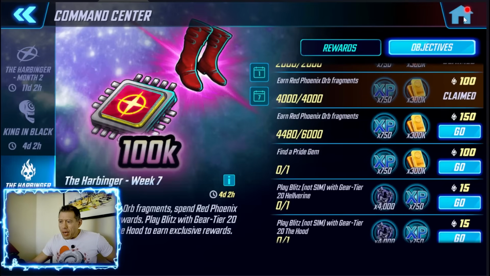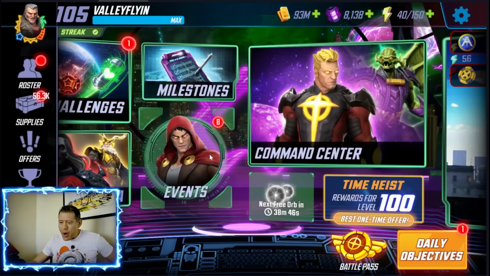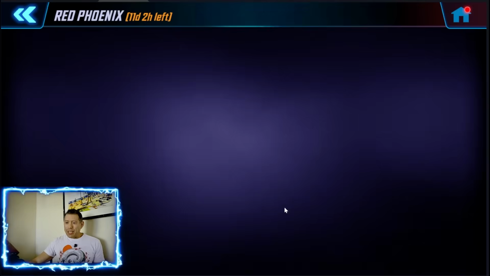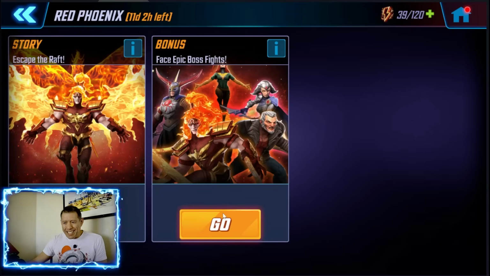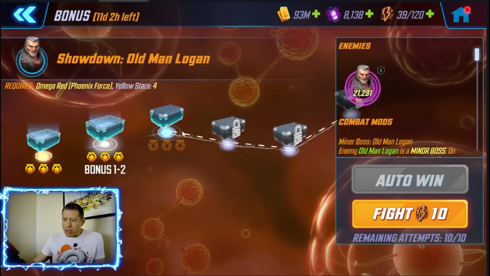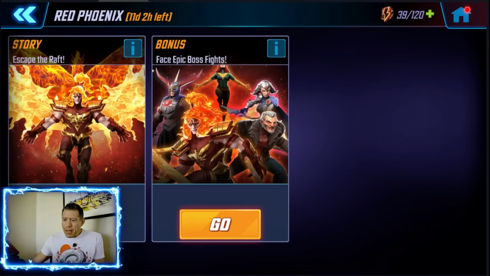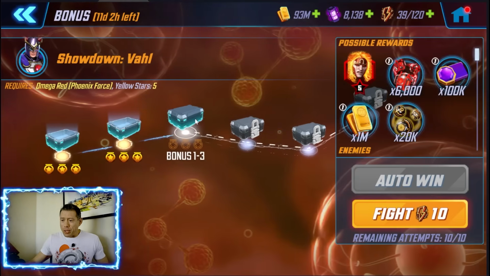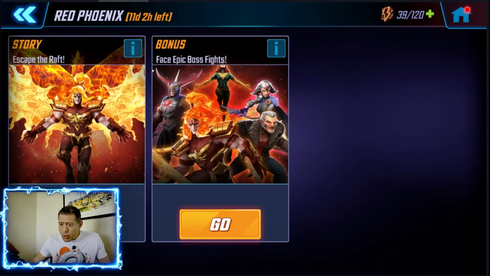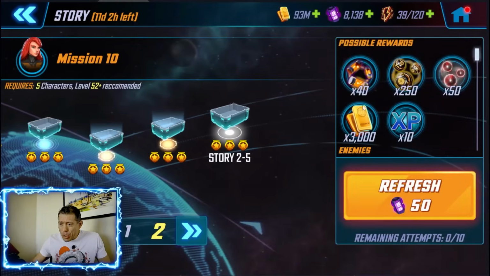So as far as the Omega Red event that leads up to this, I do think it's a great org, but as far as the refresh rate, man, this is a tough one. The bonus is cool. It's just you don't have to play this multiple times. You don't have any bonuses for playing through this again. But if you have Omega Red at certain stars, you can get certain good first-time rewards here, including some red stars for Omega Red. But as far as the normal missions where you're getting these fragments, the drop rate's super